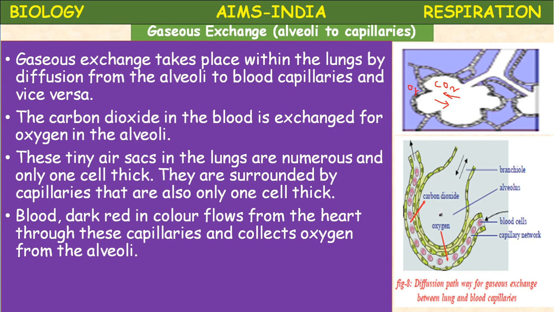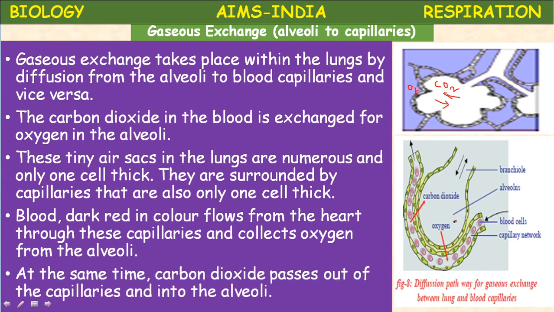Okay, the oxygen enters into the alveoli, diffuses into the blood capillaries, combines with the blood, and the carbon dioxide present in the blood diffuses into the alveoli. So this is the exchange of gas taking place. When the carbon dioxide concentration is more in the blood, it leaves the blood. When the oxygen concentration is less in the blood, then oxygen combines with the blood. So like that it takes place.